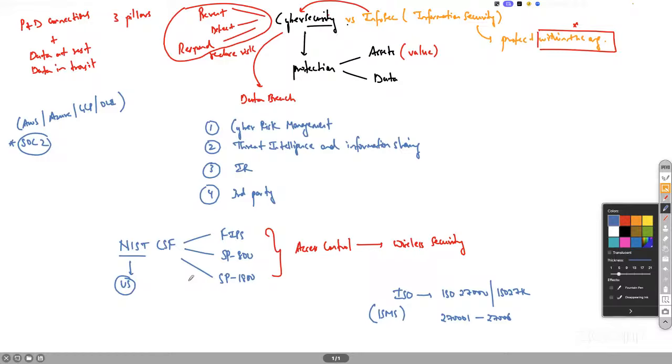Then only they give this certification. Okay, and if someone says that we are SOC 2 compliant, then basically it means that they have implemented strong controls to protect client data. So you're going to see SOC 2 for such cloud providers. You're going to see SOC 2 compliance in the finance and the banking sector a lot as well.